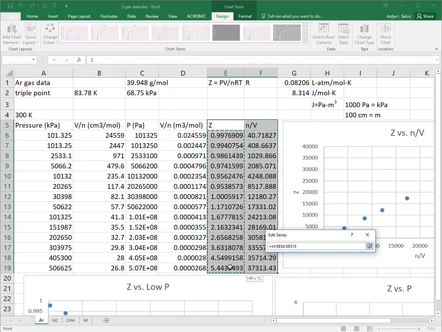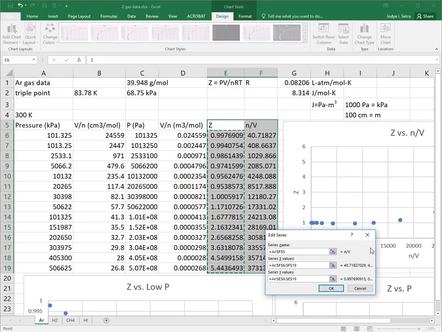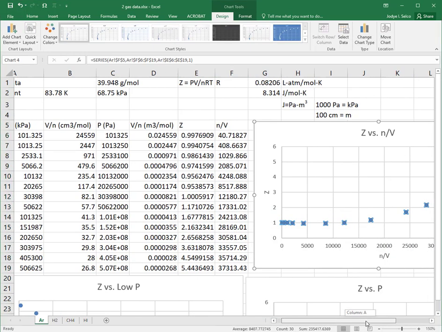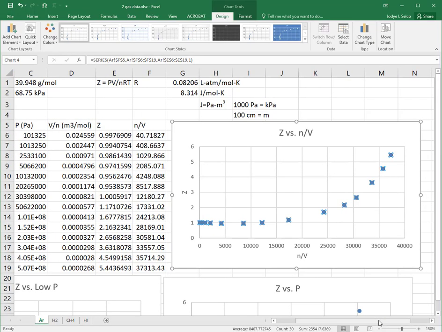And so I'm going to just highlight those with my mouse. And now I'm going to click OK. And then I'm going to click OK again. And that's going to take me back to my graph. Oh, and now let's see. On the left-hand side, my y values go from 1 to 5 something. Those are my Z values. And my N divided by V values go from 40 to 37,000 something, and that's what it looks like along the x-axis. So it looks like I have managed to actually snag the right data and then invert the two columns,